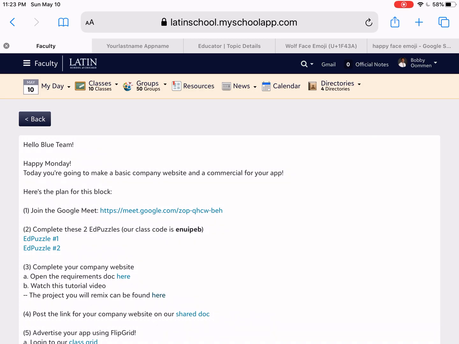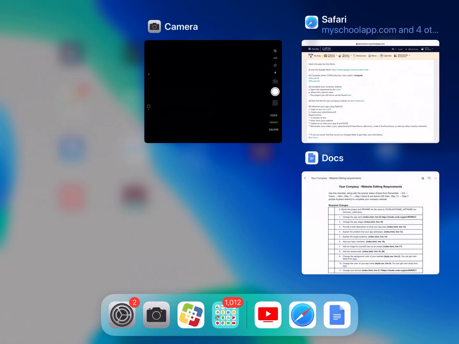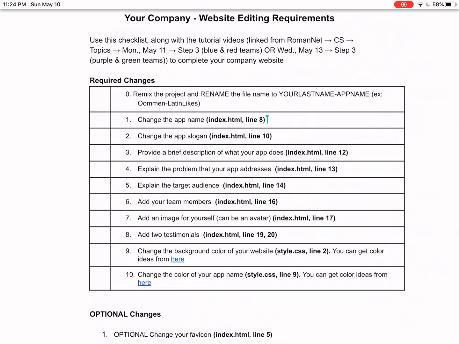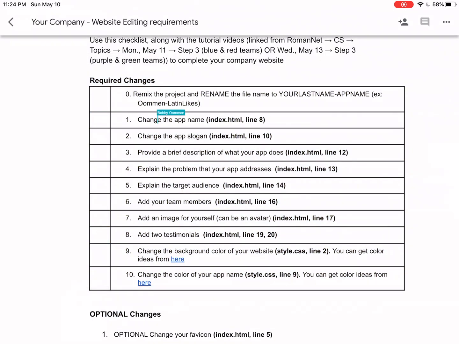O here, and this tutorial video is going to walk you through how to create your company website. So I'm on step 3 on our topics, and it says letter A, open the requirements here. So if I click on that and I open that, it's going to open me up into the website editing requirements. So here's all the required changes that you're going to have, and there are some optional changes, and I